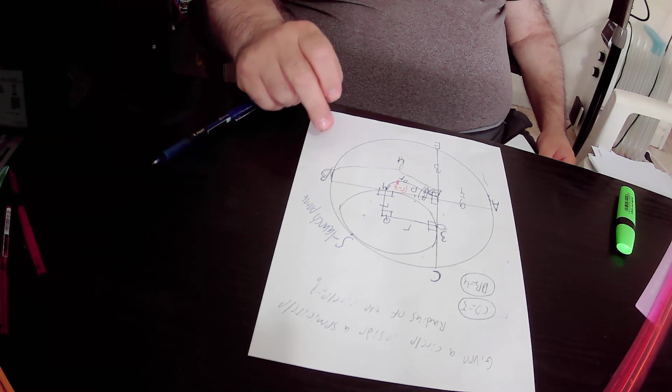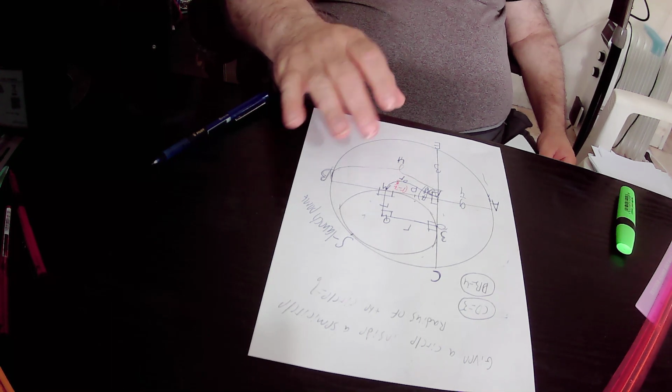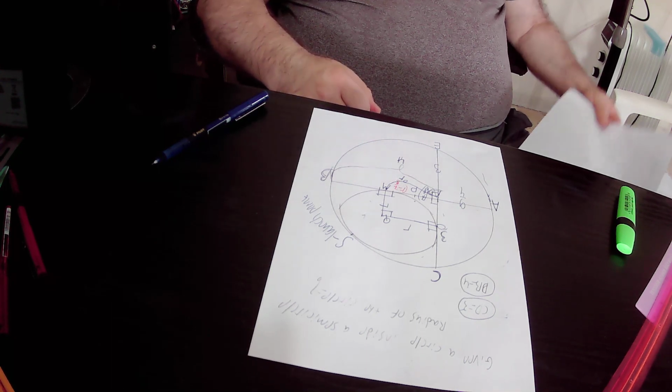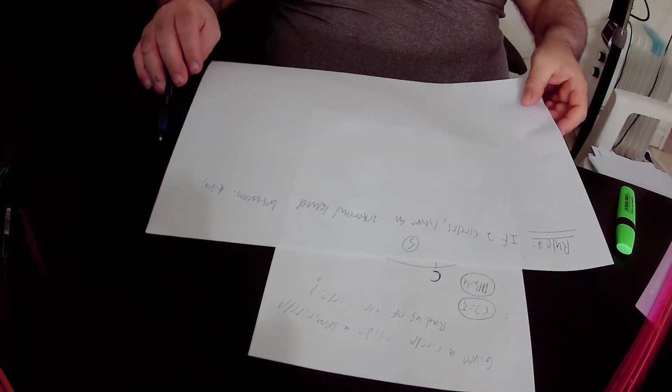Okay? So, if two circles have an internal launch between them,